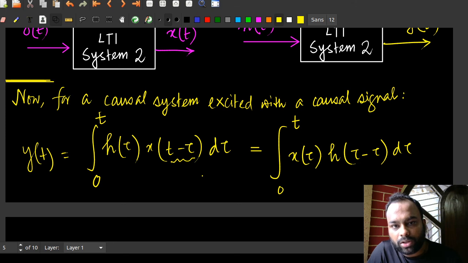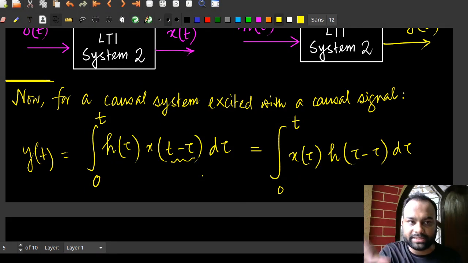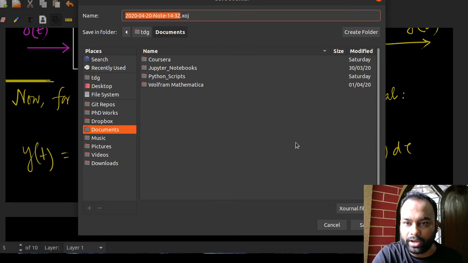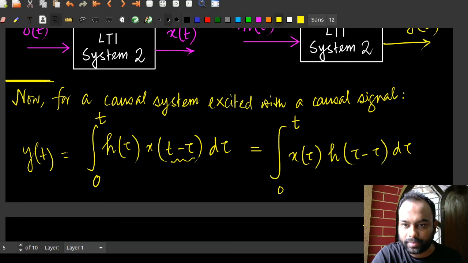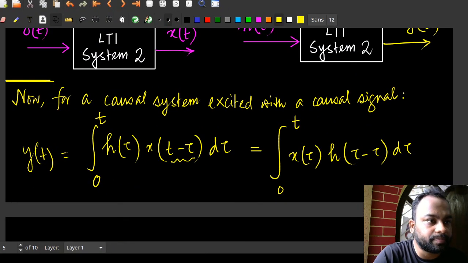Right. So with that said, that is the end of the discussion as far as this goes. Okay, let me save this, because things are going wrong from the very beginning today. Okay, so let me start the Jupyter Notebook server, and let me show you a few demos. I'll send you the files anyway.